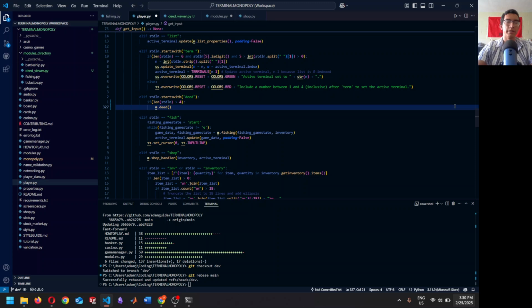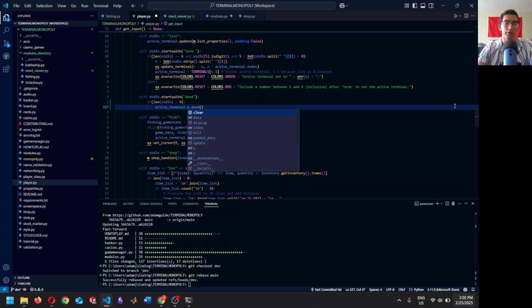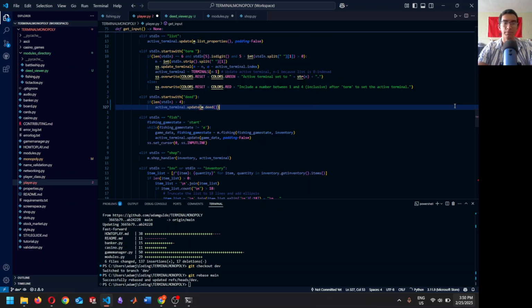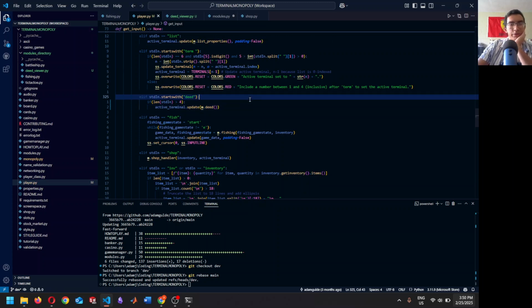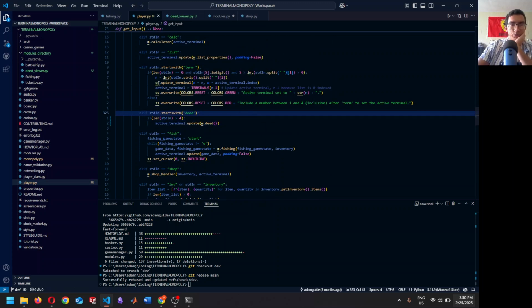We'll probably do something like screen space dot, or no, active terminal dot update with deed. All right, so what we're doing here, and you'll see this in a bunch of these things, we're using